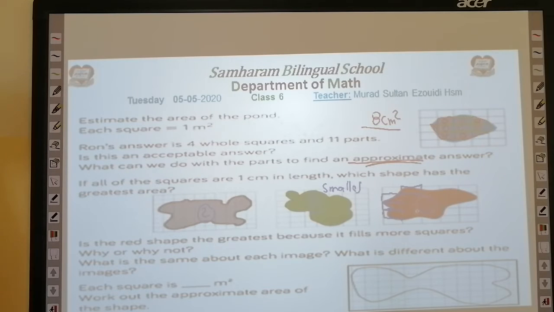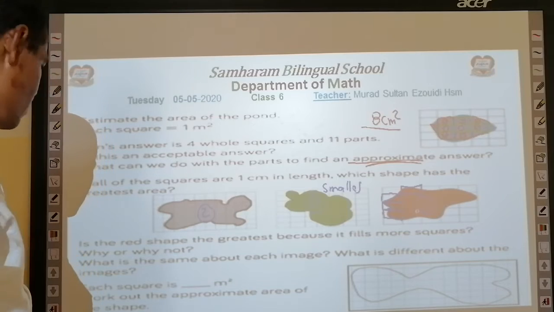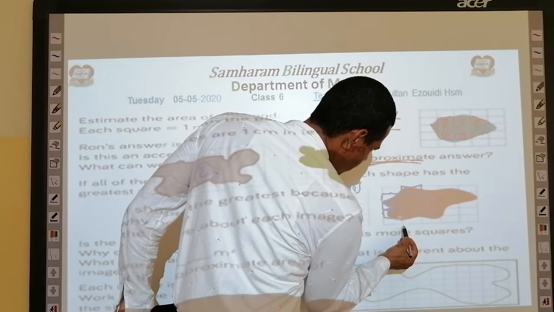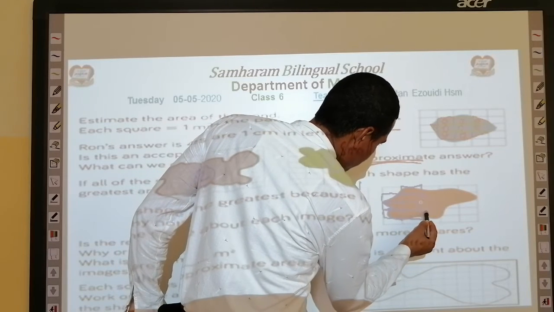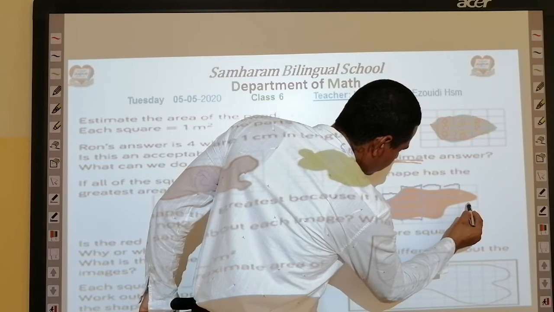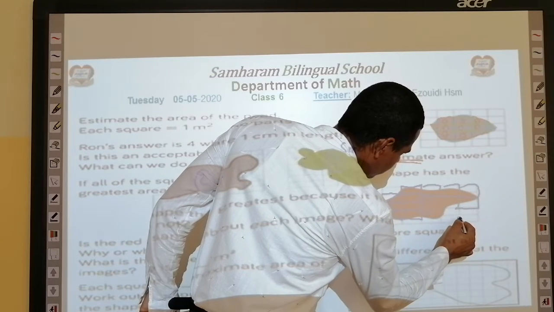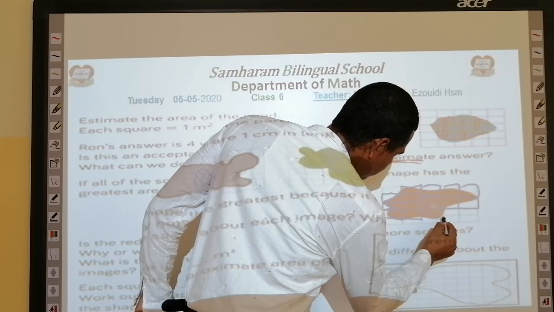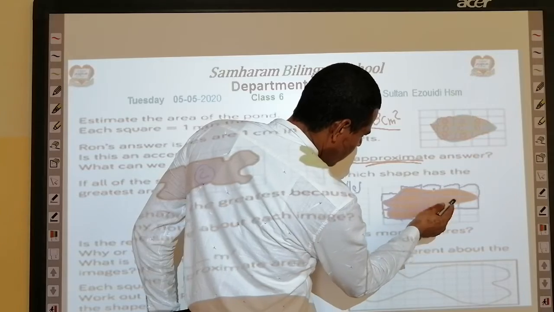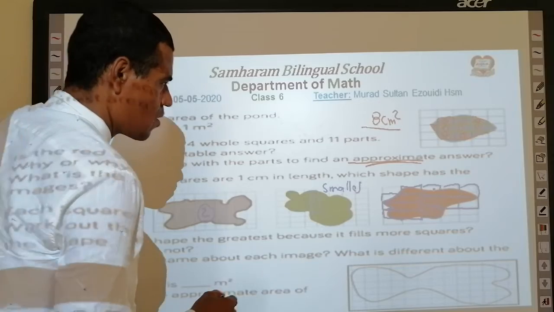Okay, each square is about what? Okay, what is the same about each image? Different about the images. So here we thought that I will count them. Okay, no problem. So this is 2, 3, 4. Okay. 1, 2, 3, 4, 5, 6, 7, 8, 9, 10, 11, 11 squares. 11, so this one is,